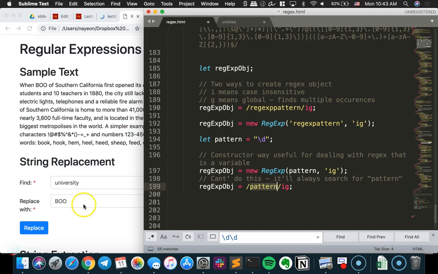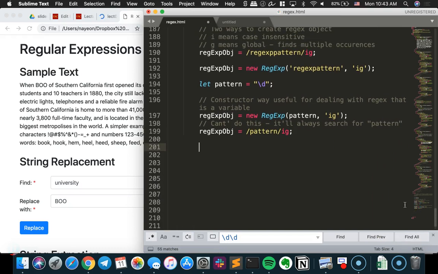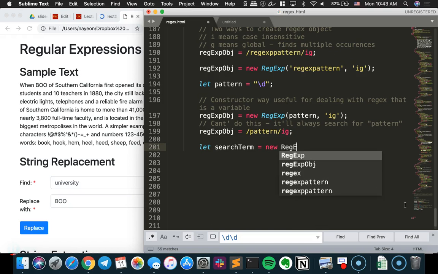Okay. All right. Before I do the button thing, I wanted to show a very useful method with patterns in regex. Now we have this pattern, but we have to actually test it against my thing, right? So what if I had, let's call this, let search term. Okay, search term. Okay, let's look for